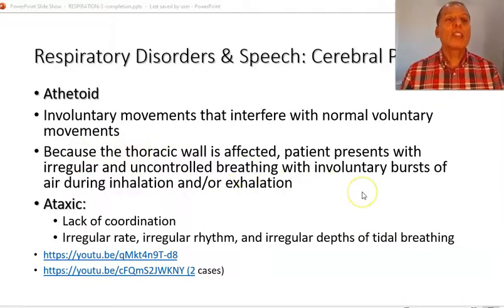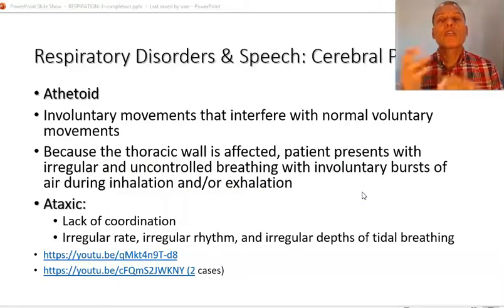For the athetoid kind, it is characterized by involuntary movements, just random movements that interfere with the normal voluntary movements, especially those for speech. So part of these movements occur on the level of the thorax. So the thoracic musculature and the movements will be abnormal, and that will cause irregularities in the inhalation and exhalation. As you know,